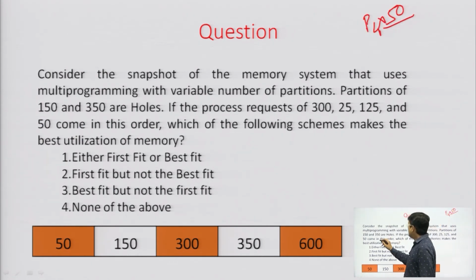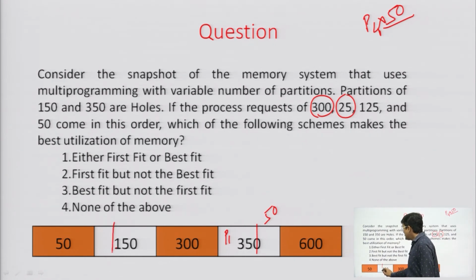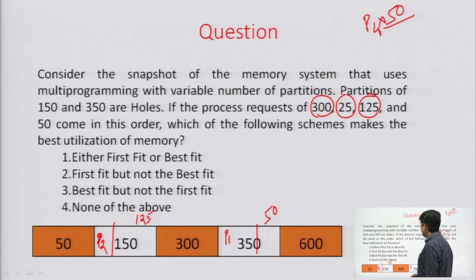Okay. Now, let us do the worst fit scheme. Worst fit will do the reverse of the best fit. So, the 300 size process will go in the 350 size partition. So, P1 comes here, there is a hole of size 50 here, then 25 will either go in 150 or 50. So, the worst fit says the maximum fragmentation. So, the 25 size process P2 will go here and there will be a hole of size 125, and then 125, obviously the 125 size partition is here,